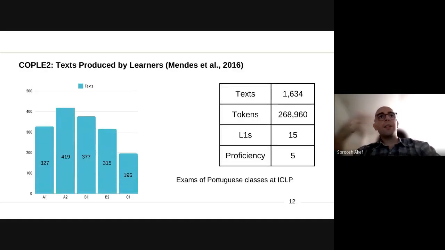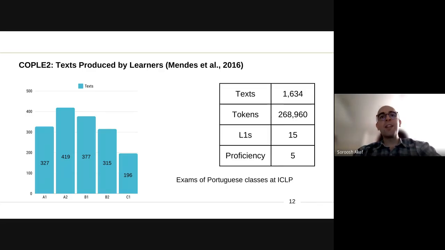So the corpus that we have is this COPLE2 corpus, which is a Portuguese learner corpus. So we have a collection of texts produced by learners. You can see around 1,600 texts, and that makes up around 270,000 tokens. And we have learners from 15 different native languages that span across 5 proficiency levels. So we don't have data for C2, but that's fine because the majority of learners are at levels A1 to C1 anyway. And at level C2, you're probably not looking for any language resources to